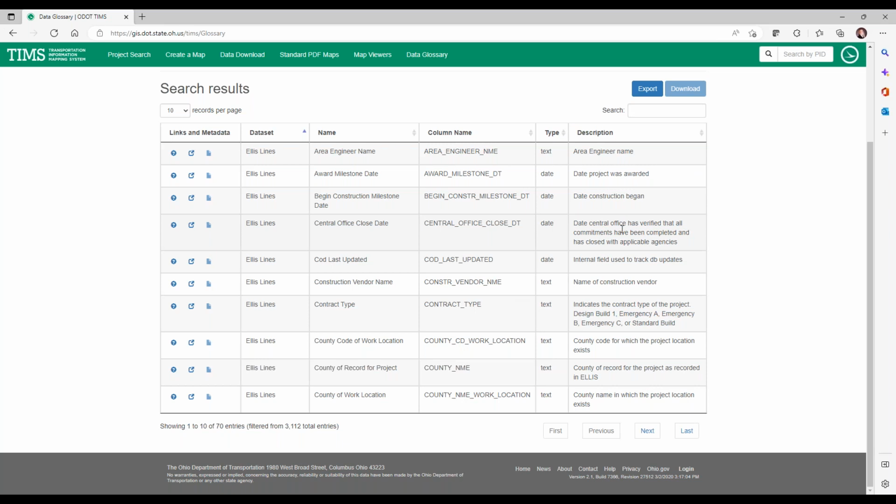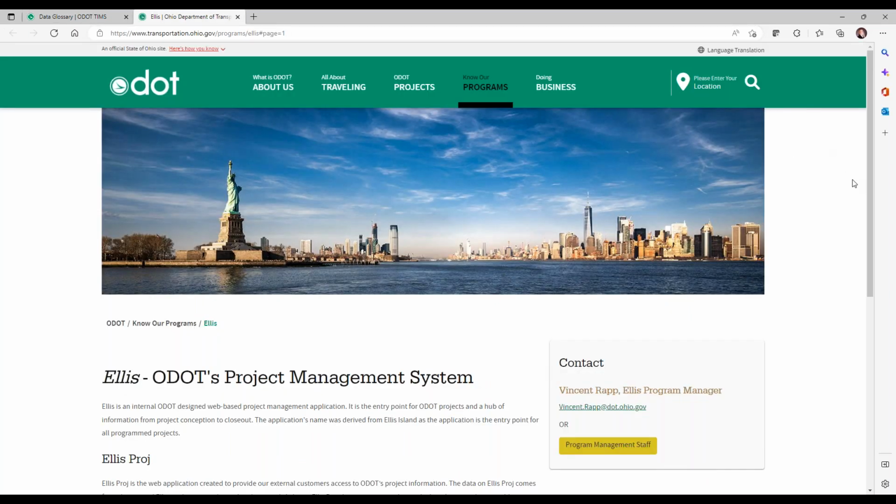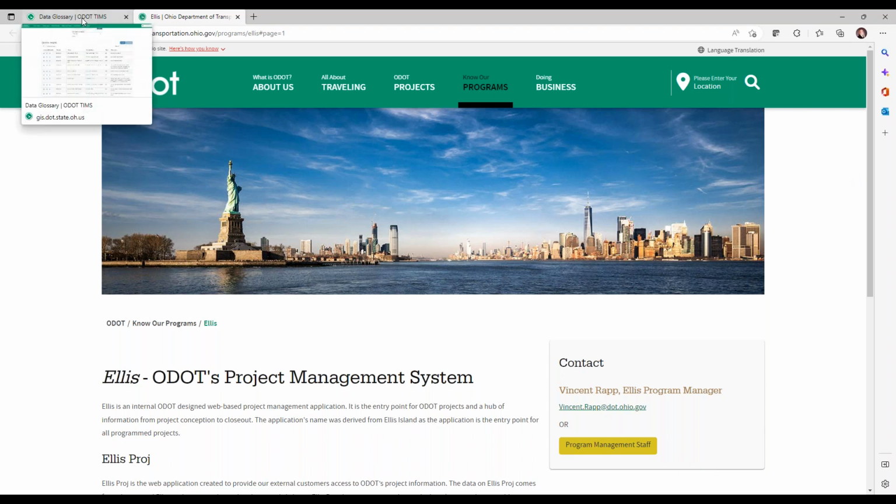And we try to give a useful description of each of those attribute fields. But from this page, you can link to more information by this middle link. So our data sets, Ellis lines, these links are going to be the same for every record that has the data set as Ellis lines. So I can hover over the question mark for a brief description. And then if the second link is activated, it should take me to an ODOT page for getting more information. This is useful. We've updated, so the main transportation.ohio.gov page is in ongoing development, redeveloping some of the page links. So we're not always up to date, but we try to keep those links